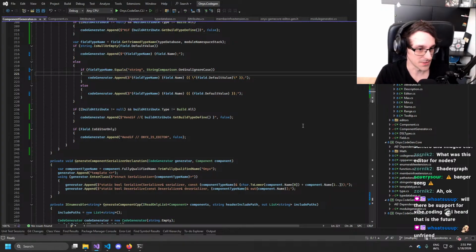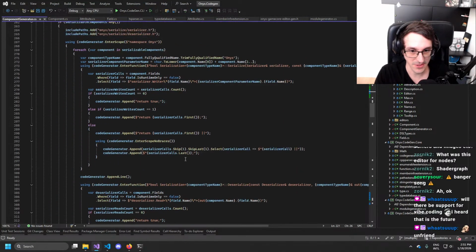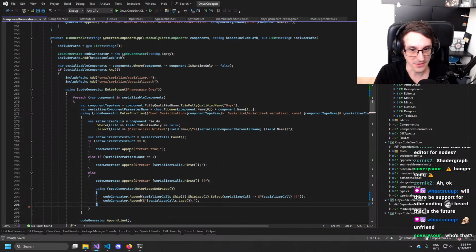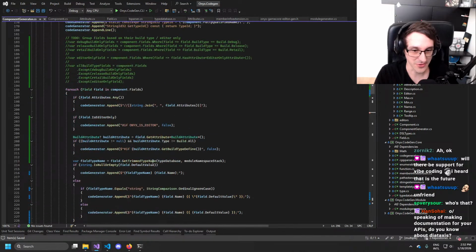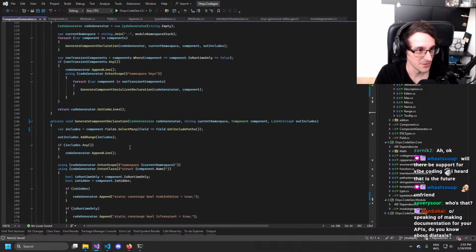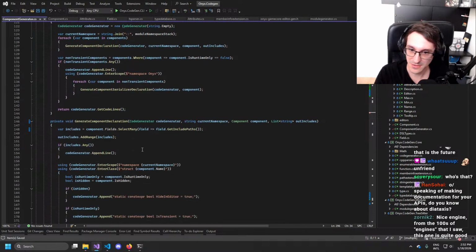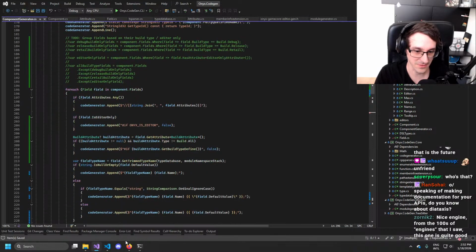I just don't see it yet. Every time I use it, I mean, it's not bad, right? I use it from time to time for bouncing off ideas, but you have to understand that what it gives you is biased, and it will always tell you your idea is the greatest. Nice engine from the hundreds of engines that I saw. This one is really, thank you. I mean, it's not really far yet, but I'm trying to make it good.